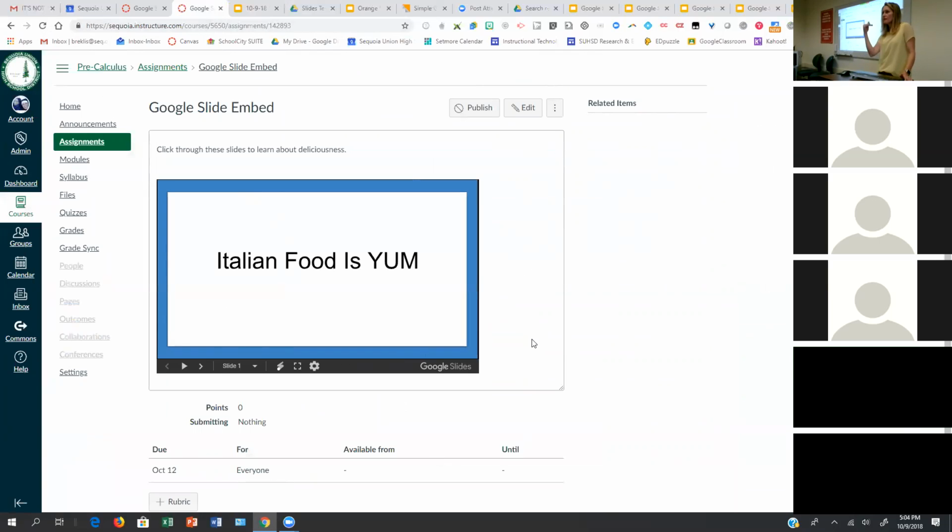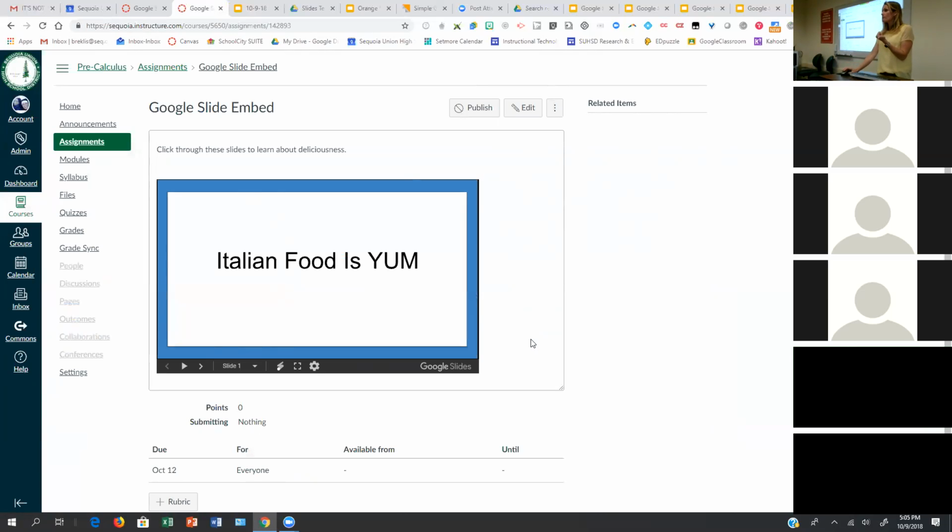Okay, that's embedding it into your Canvas. And pretty much anything Google, you can catch the embed code and embed it into Canvas. Strangely enough, the most challenging one is Google Docs. The most straightforward of all of the Google features is the most challenging to embed. And it's because of the size. It doesn't show the size. So I always have to look up where the size is, because I do very little with Docs, and figure out how to change that where it doesn't just show it in the code.